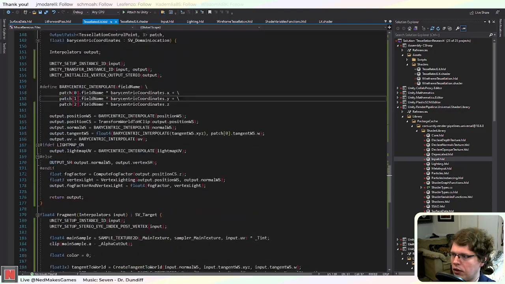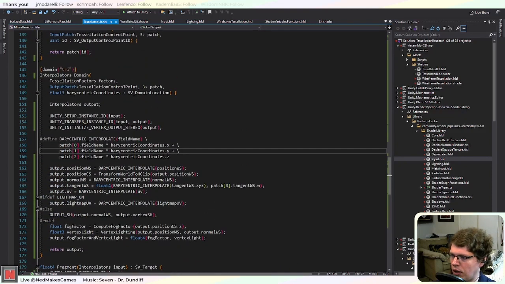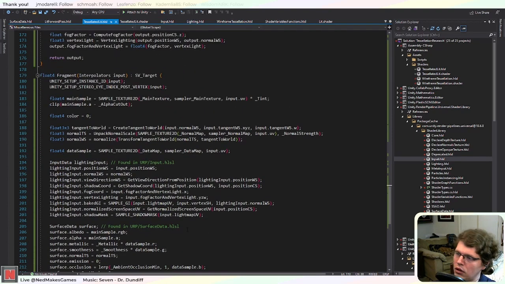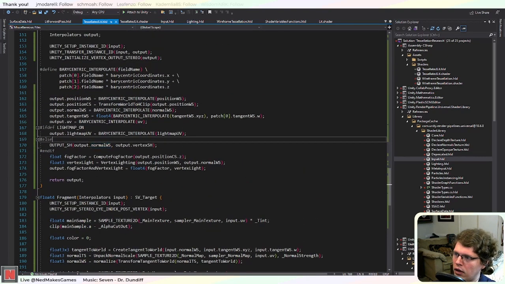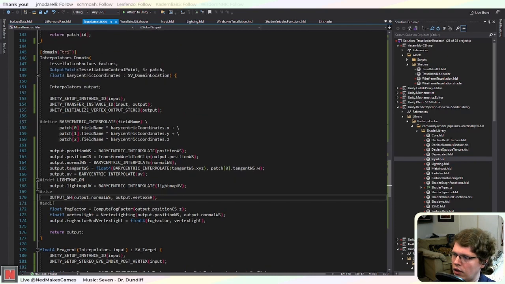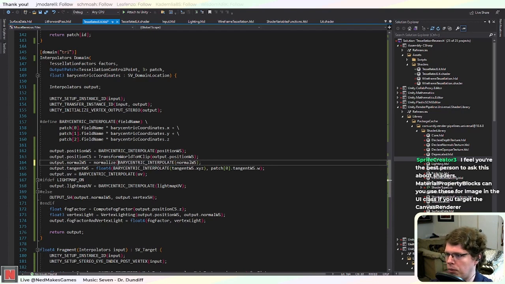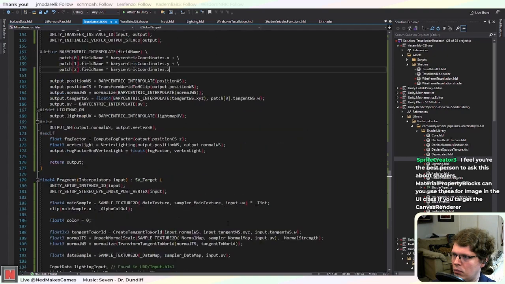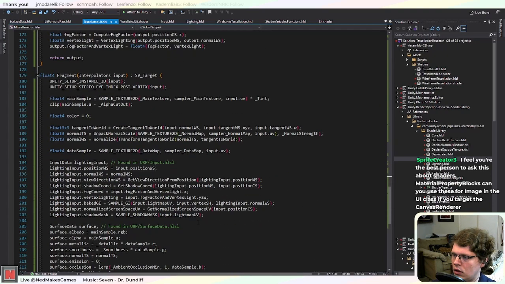Actually, let's see. Okay, so the problem is right now the light probes only depend on the normal. So the normal doesn't change. Well, I guess it kind of does. Now that I think about it, this normal, I probably need to normalize it. That would maybe affect the light map. Let's see here. Because this doesn't normalize